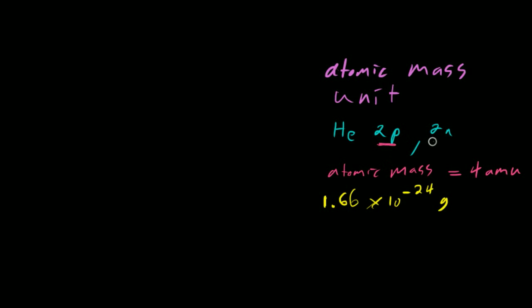The most common isotope of helium has 2 neutrons. But we could have another isotope of helium, which has 2 protons. Again, that is what defines it as helium. But then we could have an isotope which had 3 neutrons. So if we said for this isotope our atomic mass was 4 AMU, what would the atomic mass of this isotope be? So we've got 2 protons, 3 neutrons,